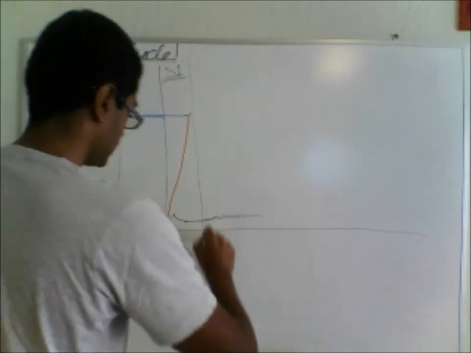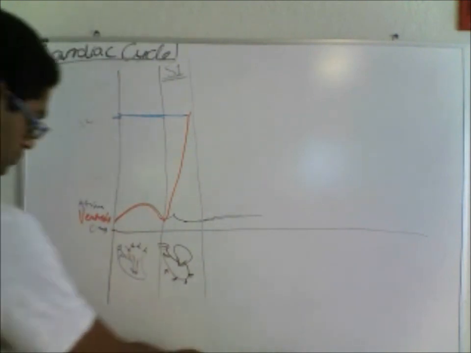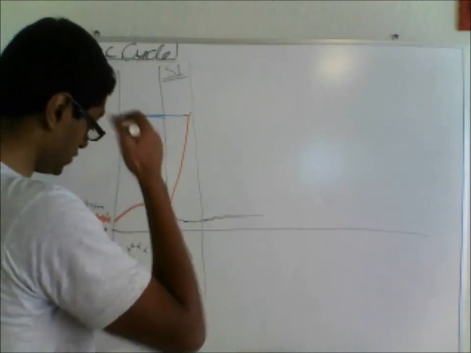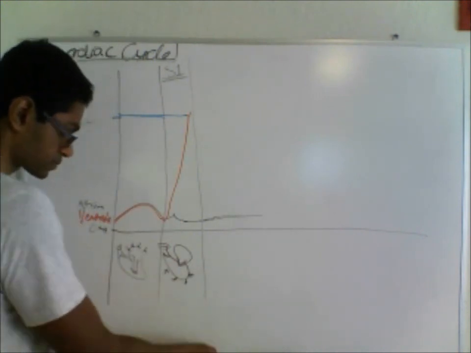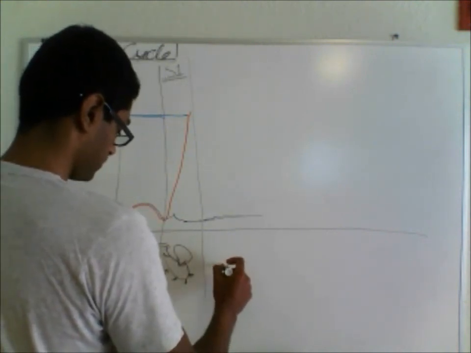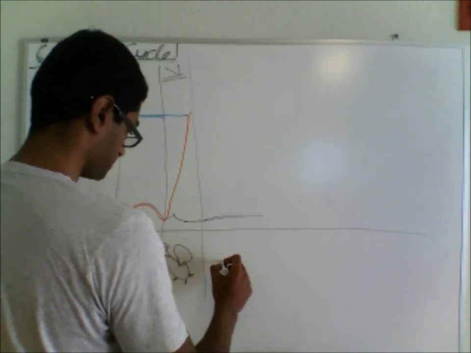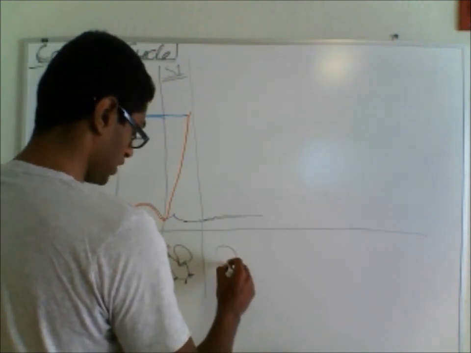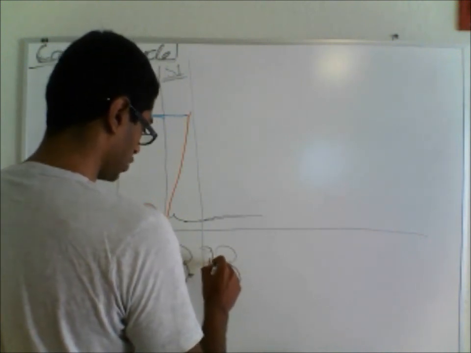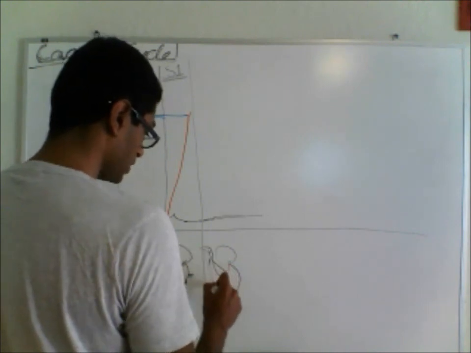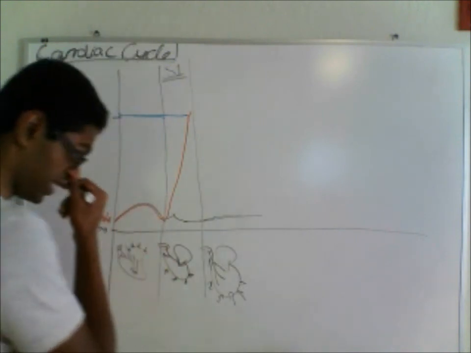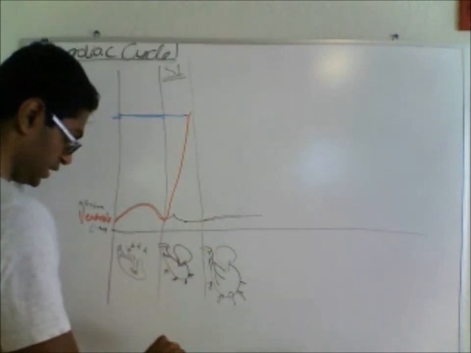So I'll demarcate this. Okay, and so now what happens to the ventricular pressure at this point? So now you have the opening. You're going to continue to go up a little bit. That's right. So now you have atrium, valve is closed, ventricle, the valve is now open. Blood is being squeezed. The rapid ejection. Yep, this is the rapid ejection phase, and you have that ventricle now really squeezing, and so you have